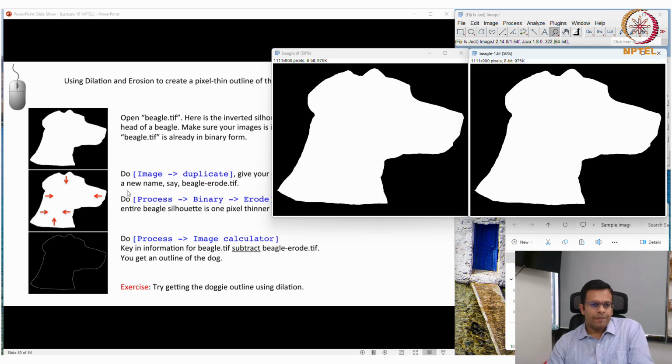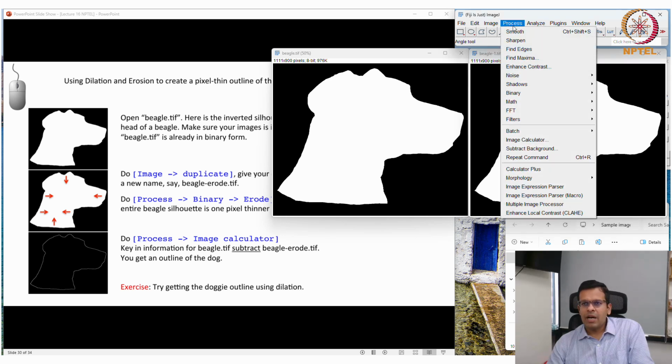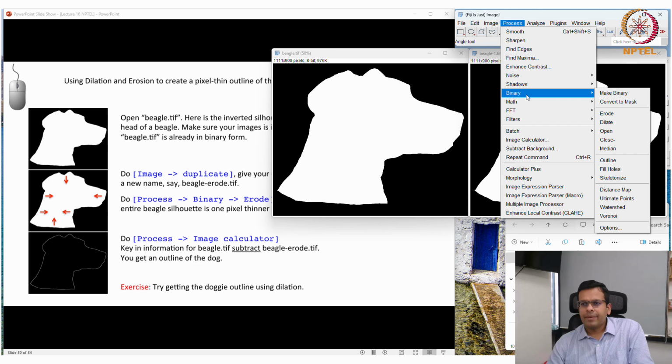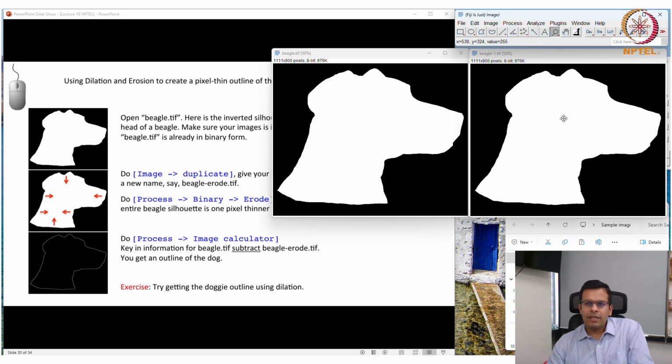So I go to process, binary, and erode function. Now ideally the size of this structure is 1 pixel less than this structure throughout the boundary. So I can go to image calculator and subtract this image from this to get this kind of single pixel boundary.